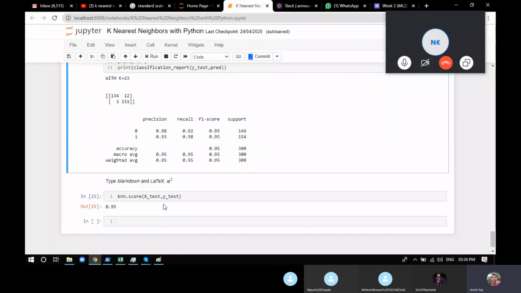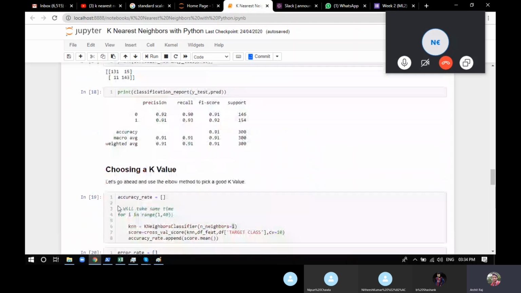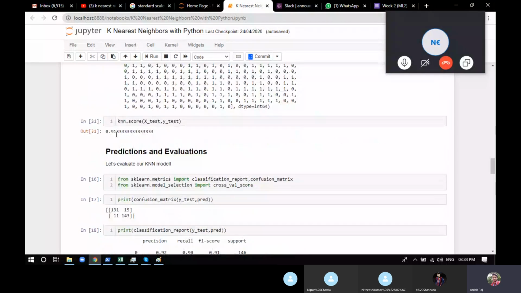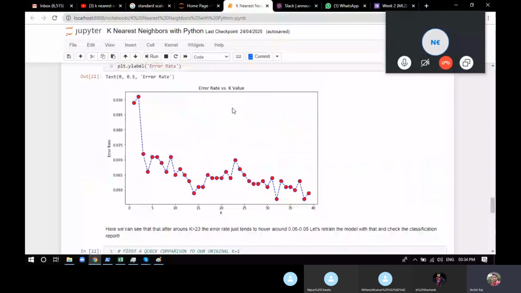If we find the score of that model, the k-NN score gives you 95%. When we used k equal to 1, we got an accuracy of 91.33. When we use k equal to 23, we got 95% accuracy.